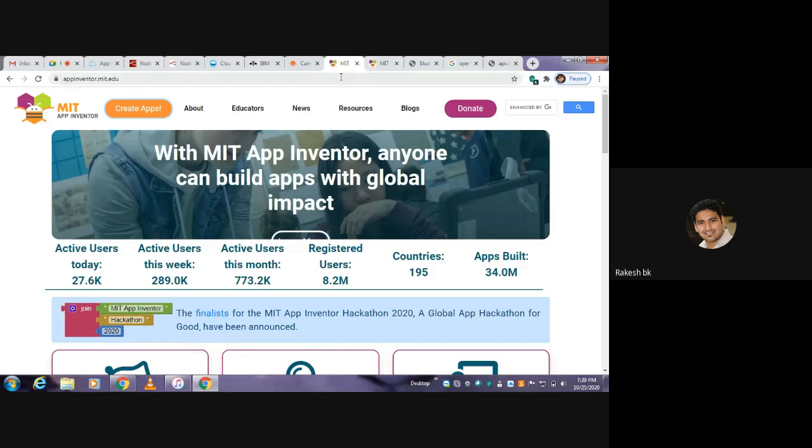I'll go to a new window tab and click onto appinventor.mit.edu. It will redirect to this page. I'll click onto create app. Once you create app, it asks for your credentials, or if you don't have any previous login account, you have to create an account here. Create an MIT App Inventor account.